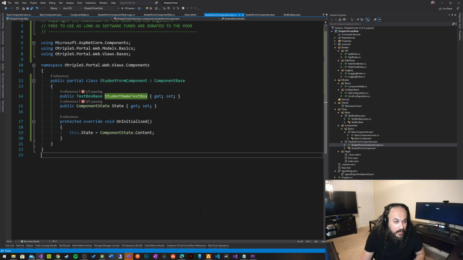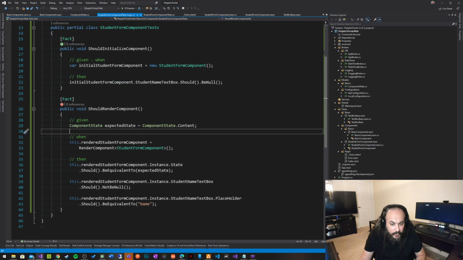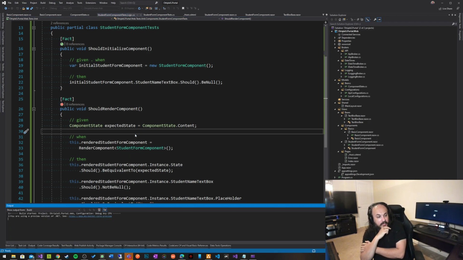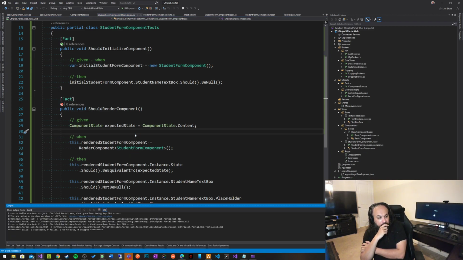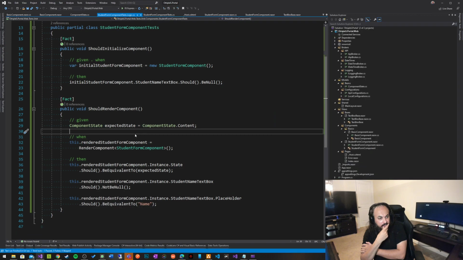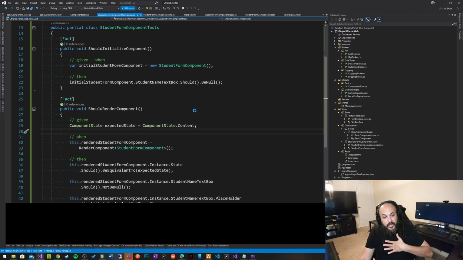I don't know. Is that going to work? I don't know. Let's find out. Let's go in here in the logic and let's do Control RT like this. And this guy is passing. What does that mean? I'm testing my UI. I'm testing my UI. That means if I run my application here, I am fully confident that I'm going to